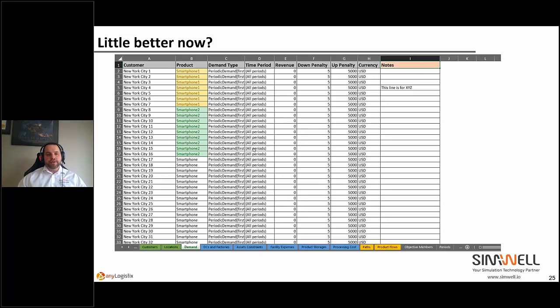And then you can make modifications in Excel, re-import that into ALX, and you have a brand new scenario. You don't have to use Excel necessarily in your ALX project, but if you want to use Excel, then hey, you can do that. You can play with the data that's feeding ALX in Excel, no problem.